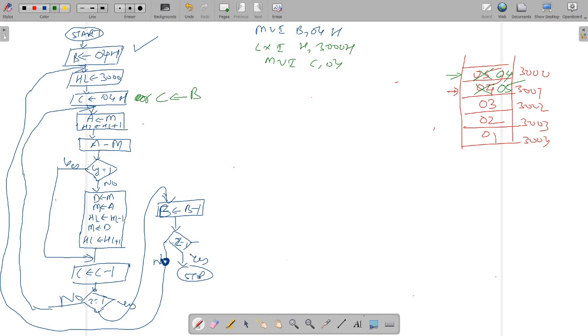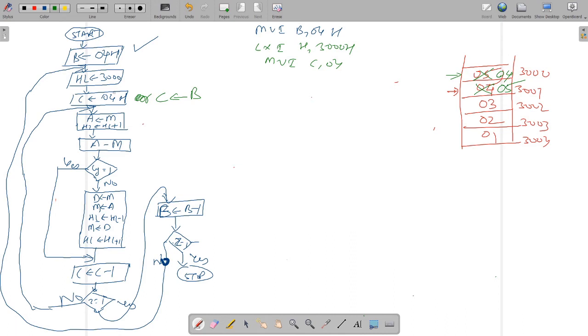So instead of writing this MVI, because this is going to take two memory locations, and your entire speed will be reduced by some seconds, why not go for the single byte instruction?